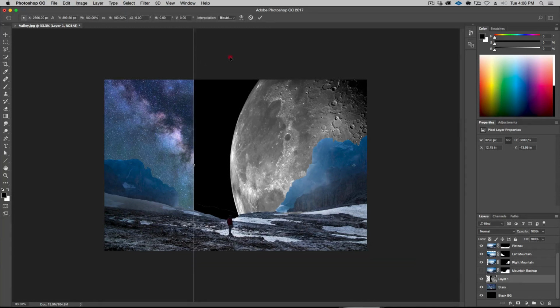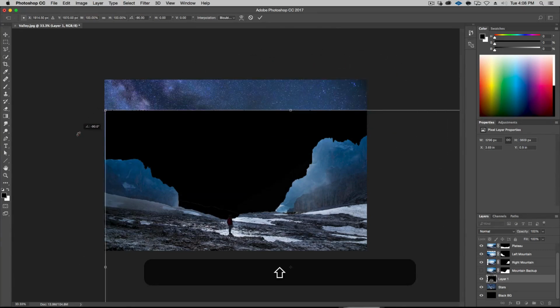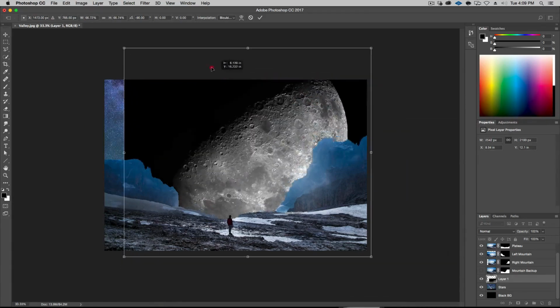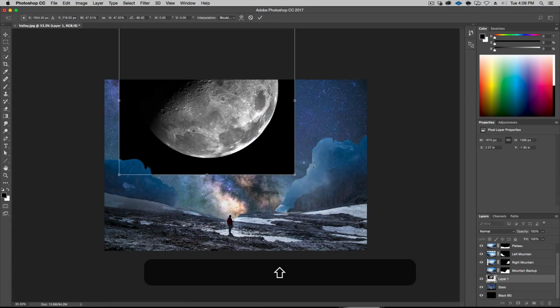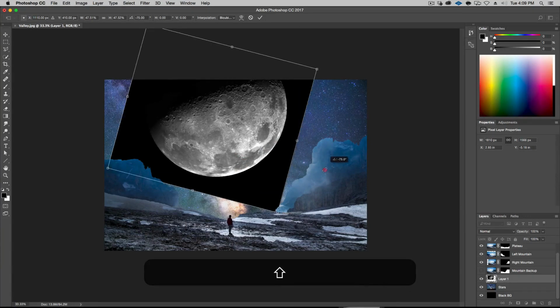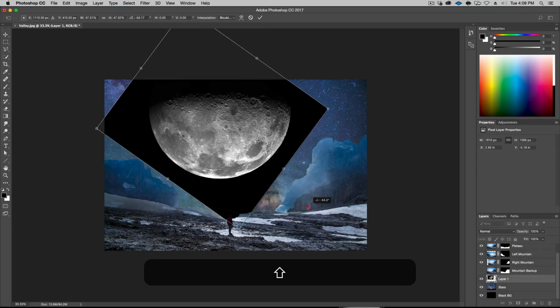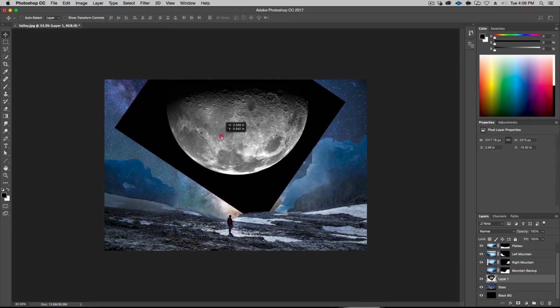So Command T, and we're going to actually rotate this by holding down Shift by exactly minus 90 degrees. You see that? And then let's just make it a little bit smaller, holding down Alt and Shift. And okay, I feel like the angle is going to be a little different. Let's hold this down again. Let's see, to make this perfectly straight, it's going to need 60 degrees. 60 degrees is pretty good. That's too much. It's not even that straight. So let's do something like this. And what's that, 55? Okay, something like that. And that's pretty good.